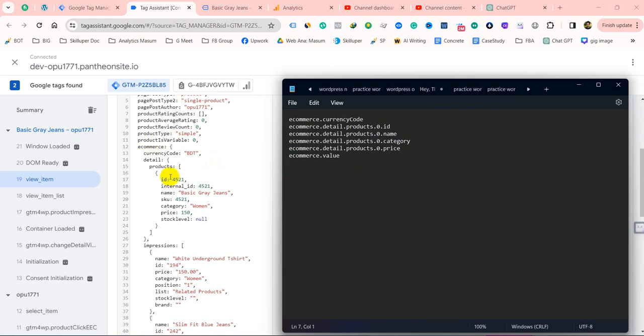So if you want to take the currency code from here, you have to just put ecommerce.currency, and if you want to send product details here, you just have to put something like ecommerce.detail.products.0.id. Okay, so I'm just taking this data, ecommerce.currency. I have to just send it to the currency code. So ecommerce.currency code,